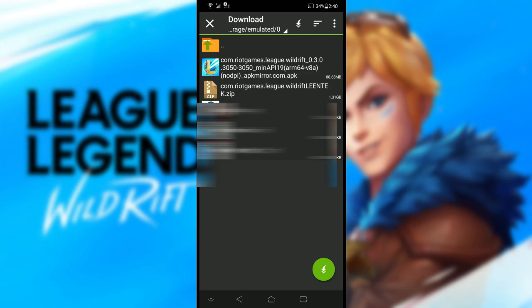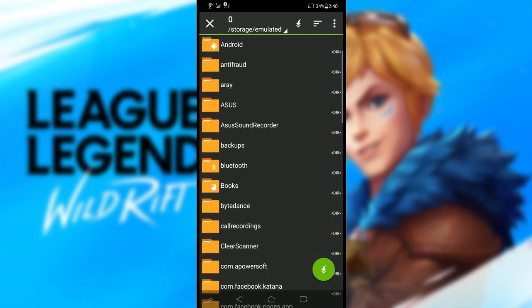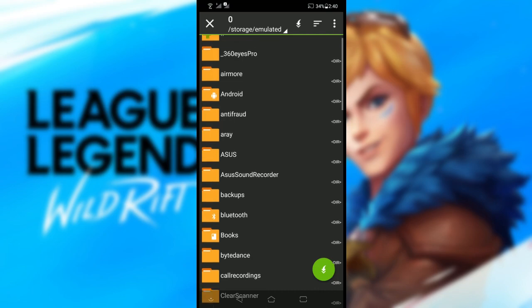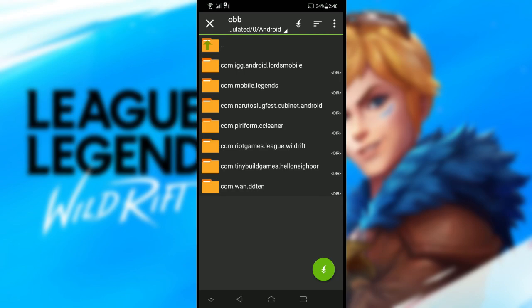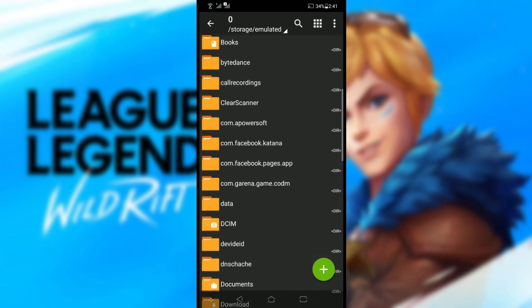And next step, click on the folder with the arrow sign going up. So in this portion, look for the Android folder. And click OBB. Once you're done, click the circle with a color green on it. And then that should be it. So the next step, hit back to your download folder,